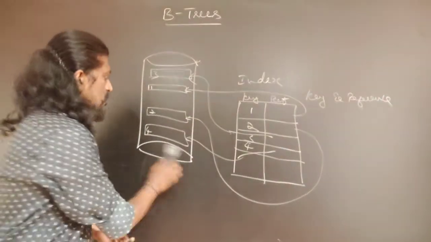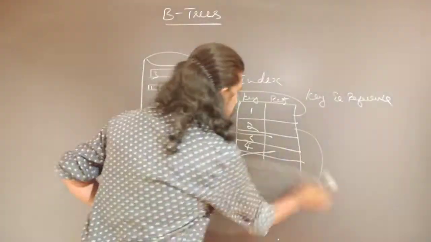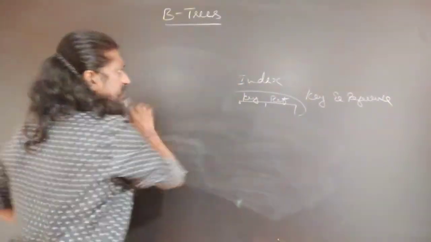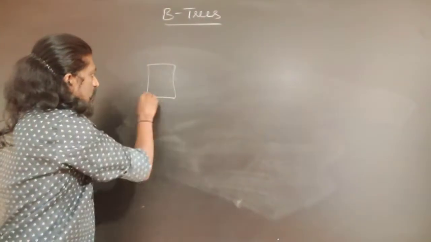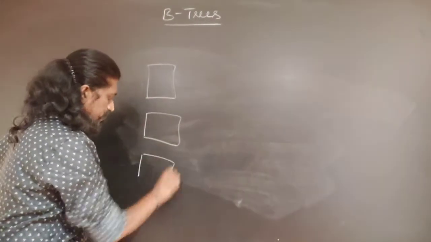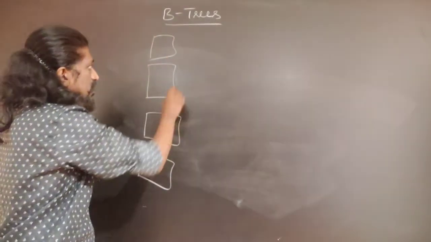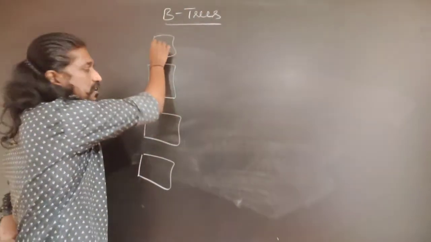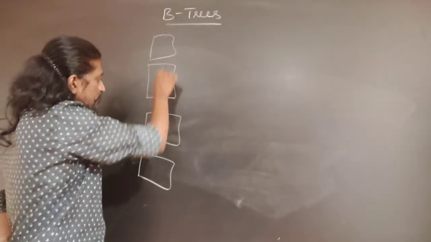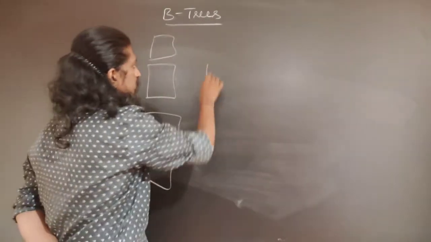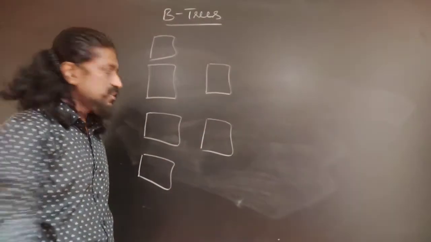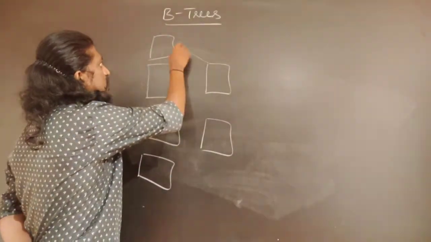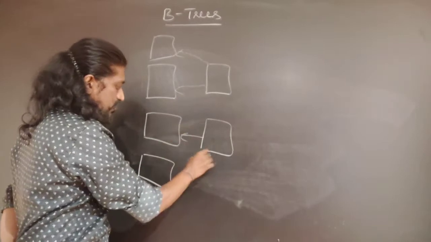So in that case, what we do is we construct multi-level index tables, that is an index to an index table. So here we have a list of tables. These tables will have some key reference pairs, and references to these index tables will be constructed using one more level of index tables. This will guide us to any one of these lower level index tables.